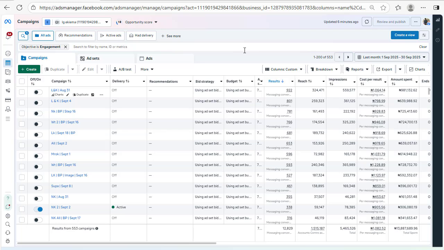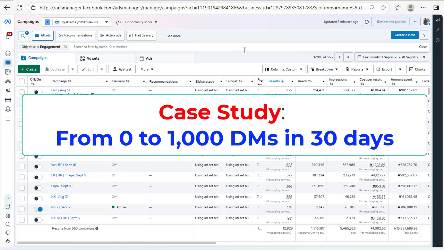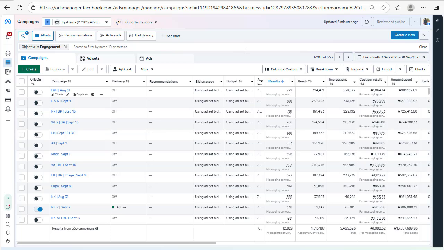Today we'll be showing various case studies of how we were able to move from 0 to 1,000 or even 1,000 plus DMs in 30 days. One of the interesting things you should notice when it comes to adverts as a whole is that your cost of conversion, or cost per conversion, or cost per action, whichever you want to call it, is of importance. So we just want to let you know that when you run adverts for DMs, it can really give you awesome results, and at the same time, you don't need to pay through the roof to get your results to a very good level that you want.